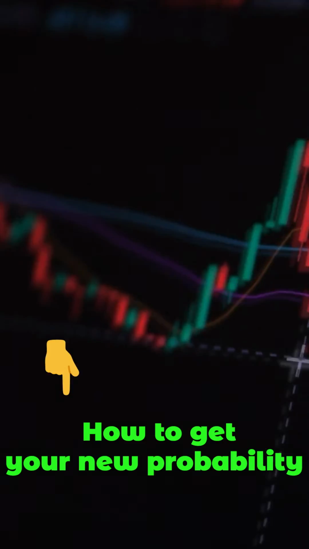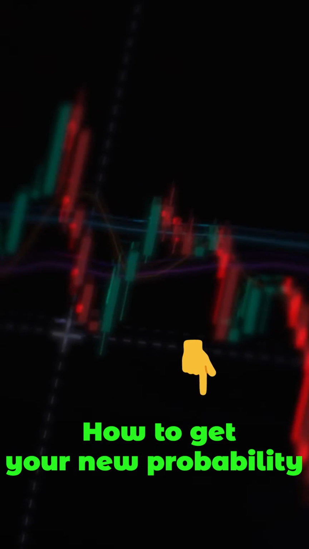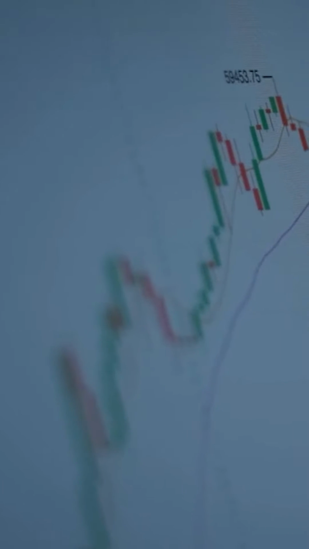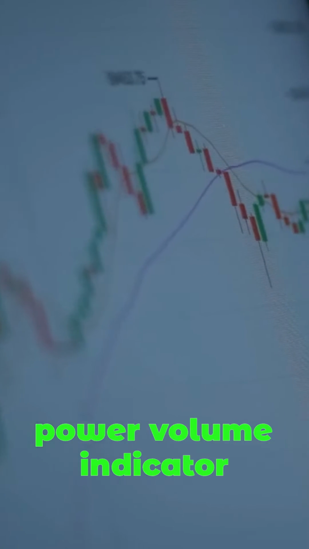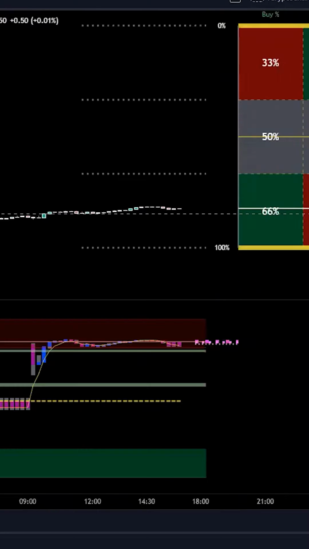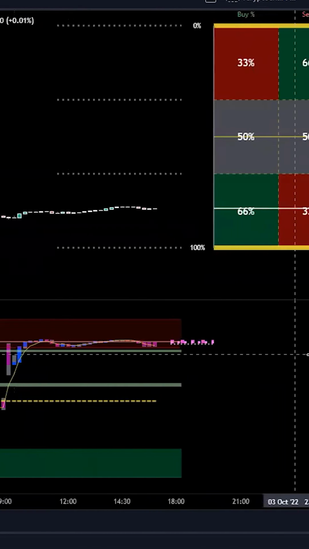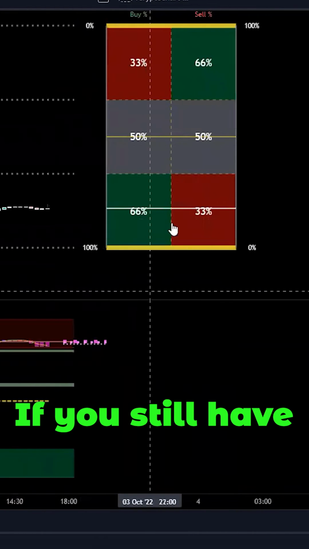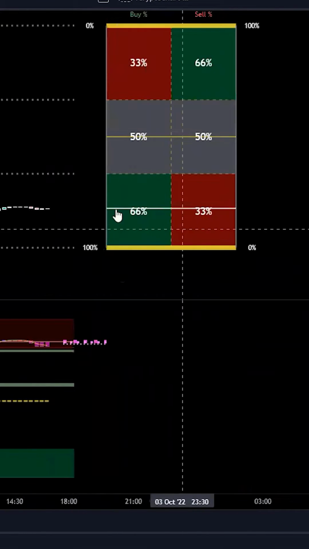Hi everyone! How to get your new Probability Power Calculator version 2.0 and your Power Volume Indicator for institutional net buyer, net seller version 2.0 on your chart. Very simple. They are on your chart right now. That's what you see. If you still have the old versions, to make sure that you don't have the old